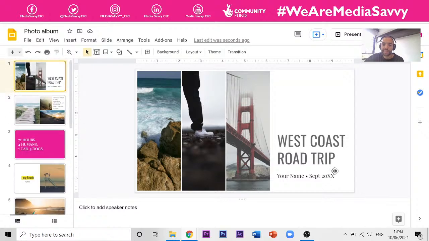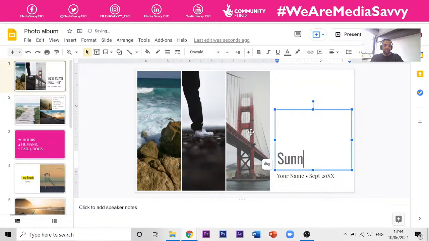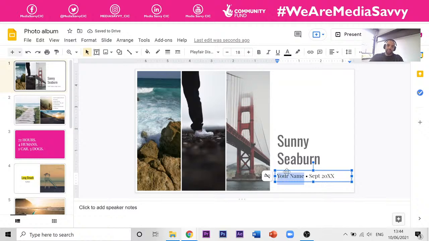It says West Coast road trip. Let's say, I don't know, sunny Seaburn. Okay, you can put your name in there if you want, or you can just remove that. You can put the date in there, which is June, and you can see without any messing about, you can quickly assemble a really cool little